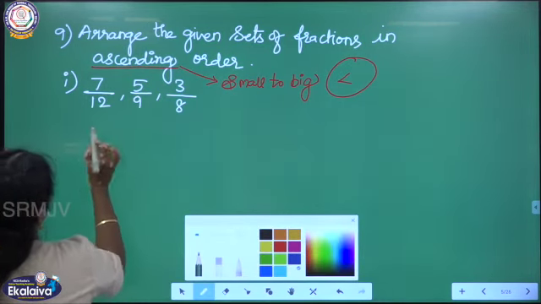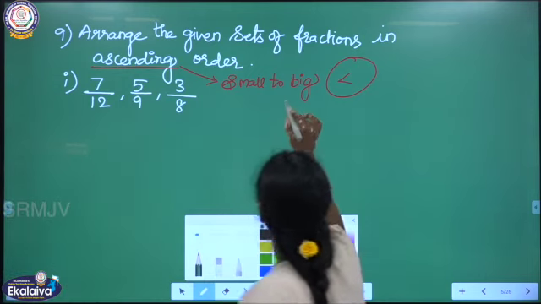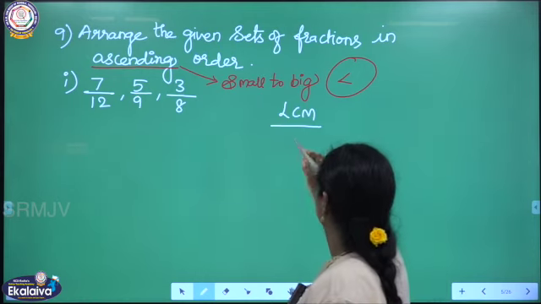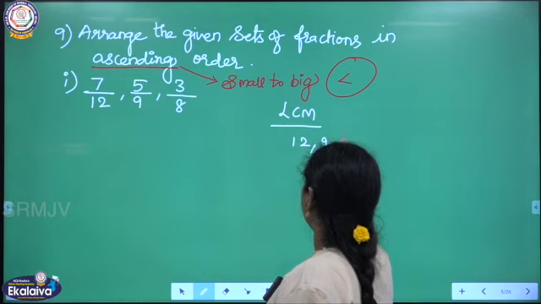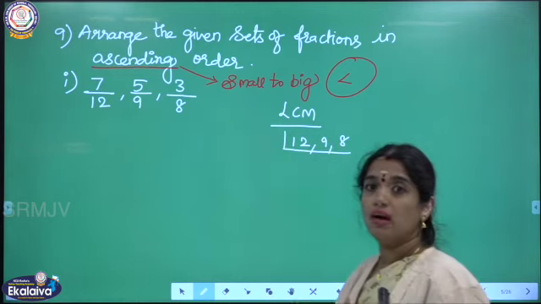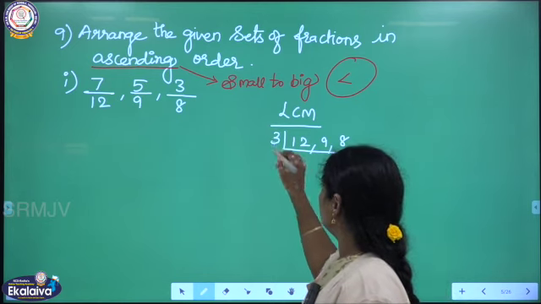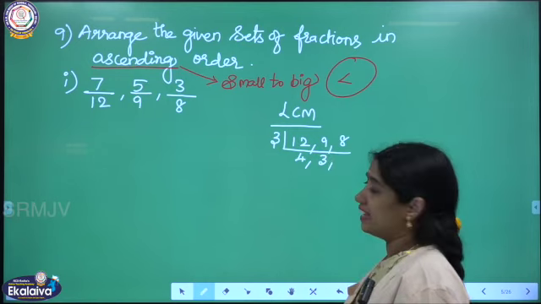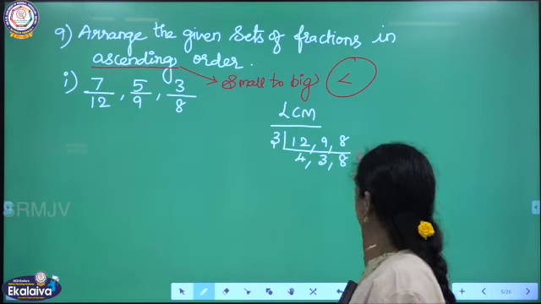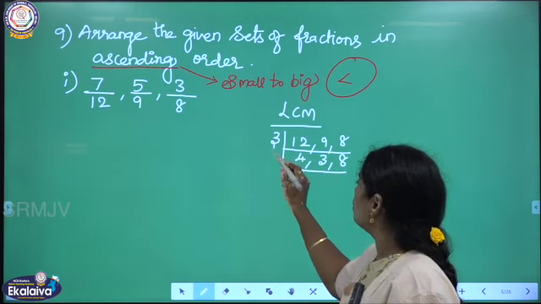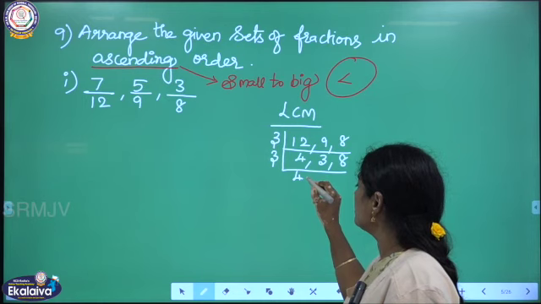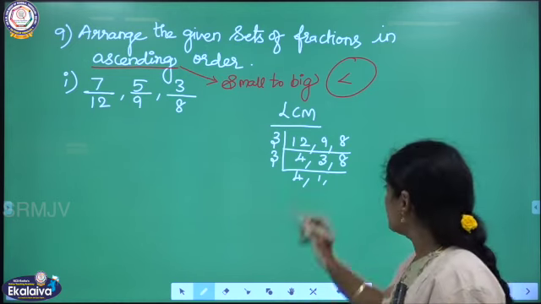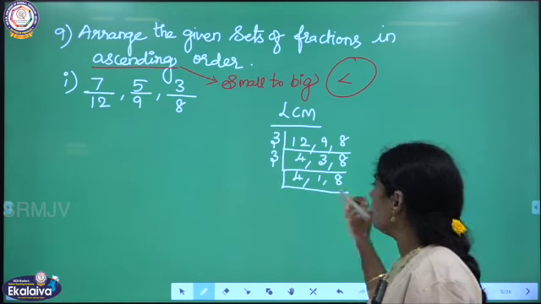Now listen. Now I am going to find the LCM, because I have to make my denominators the same. So 12, 9, 8. Now listen, the 3 table I can do. 3 4s are 12. Got it? 3 3s are 9. And 8 I cannot divide, so just write it as it is. Next I will move on with the 3 table. 4 I cannot divide, so write the 4 as it is. And 3 1s are 3. Next, 8 I cannot divide, so you can write it as it is.